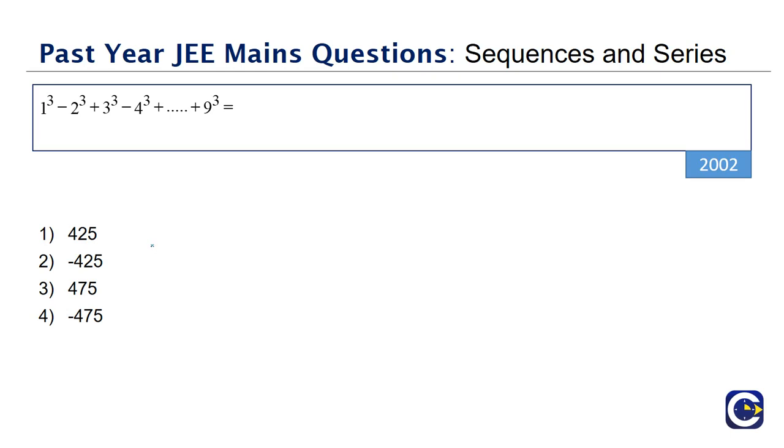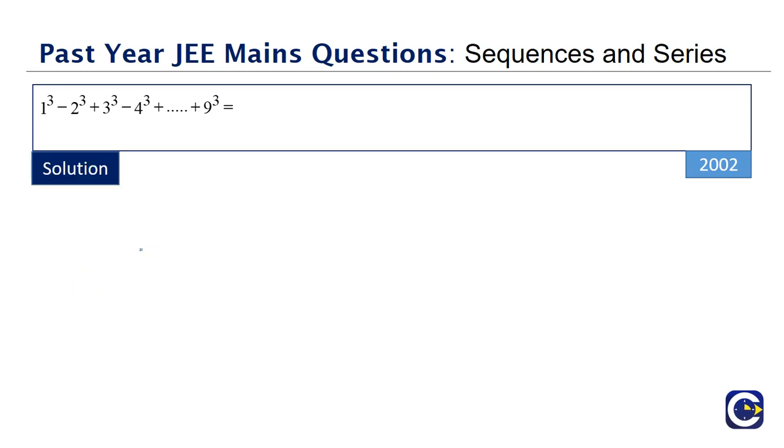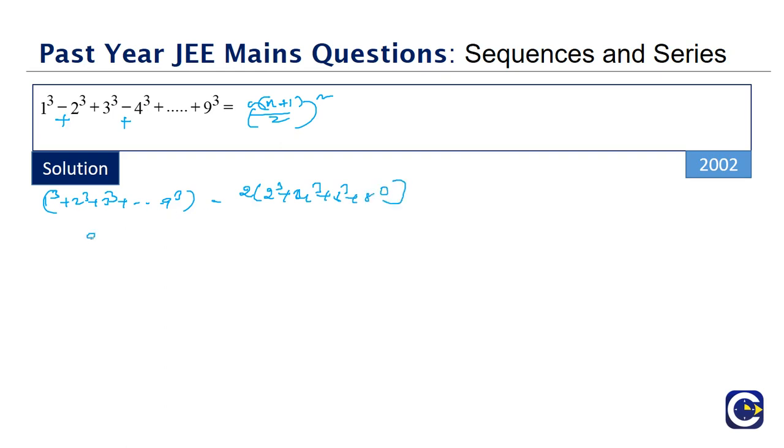Options are 425, minus 425, 475, minus 475. So if there is a plus sign over here, we know the formula, which is n into n plus 1 by 2 whole square. So what we'll do is, we'll add and subtract over there. So 1 cube plus 2 cube plus 3 cube plus and so on up to 9 cube, minus, there is a minus here, so we also subtracted 2 into 2 cube plus 4 cube plus 6 cube plus 8 cube. So this is n into n plus 1 by 2, so 9 into 9 plus 1 by 2 whole square